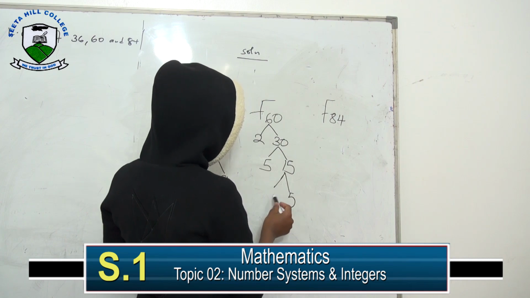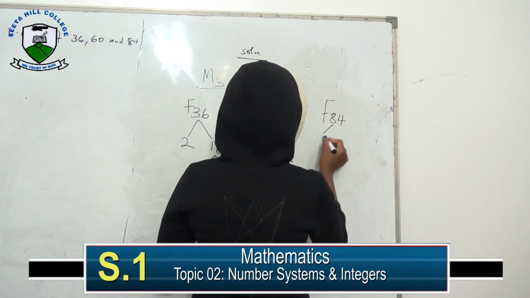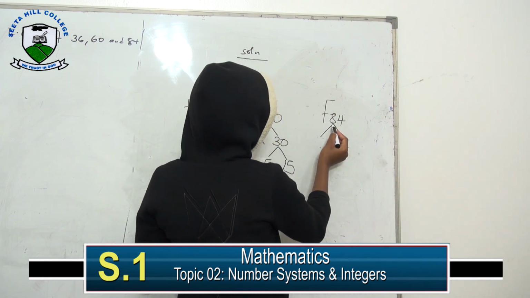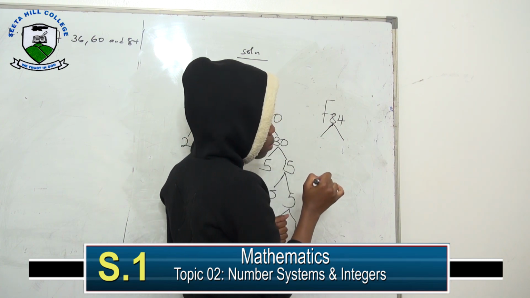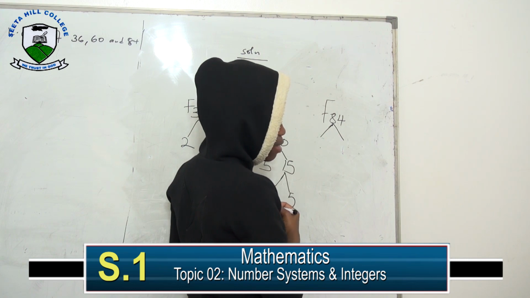5 divided by 5. So we go to 84. 84 divided by 2. Excuse me, I think I'm making a mistake in this factor. 30 divided by